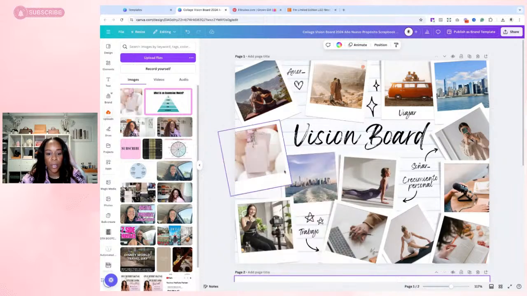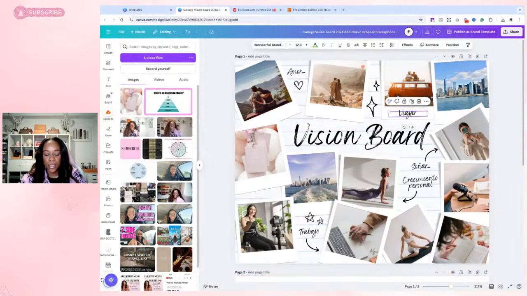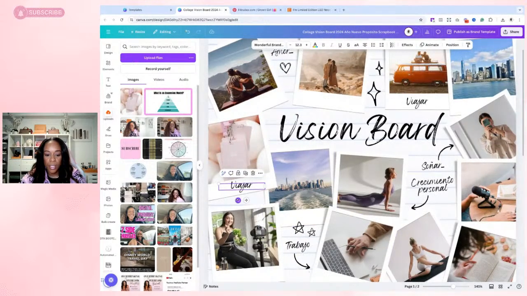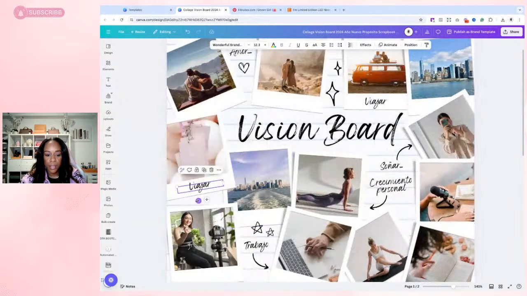So I'm just going to drag it where I want it to go. If it don't look right, I'll move it around. And I like this wording, but I want words to be on all of them. So I'm going to copy it, put it over here. I use this little arrow, let me close this out, I use a little arrow to rotate it. And I may say VIP event or something like that, right? I can even put sold out.